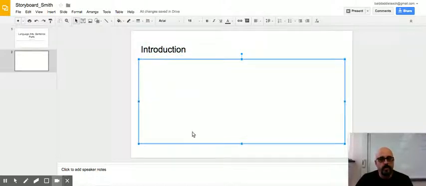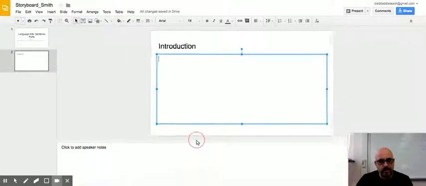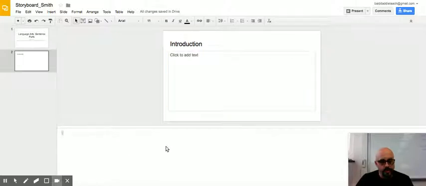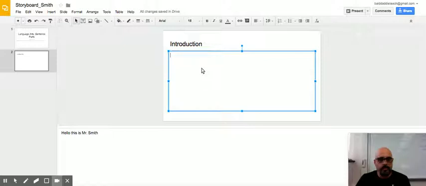And then what will you do and say? And so what you're going to be doing is using this feature down here for your script. And you could do it word for word, you could do bullets, it's up to you, but that's going to be your script. And you go through the introduction, what will my students see on the screen, so I could use, let's see if I go here,